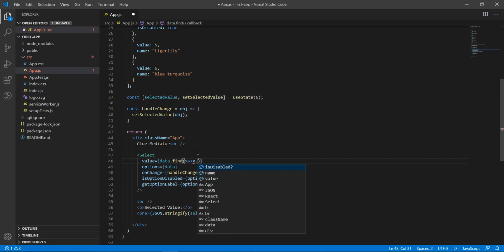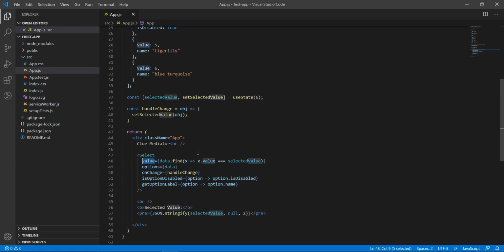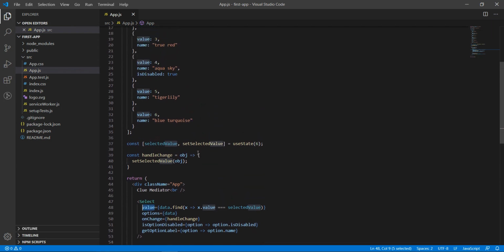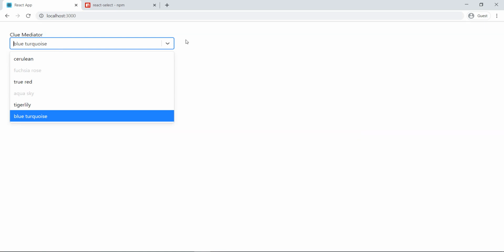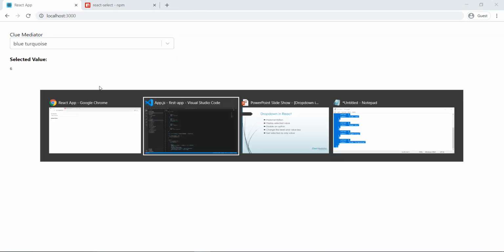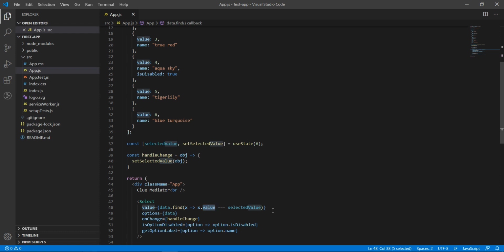It's so simple: we compare, and if the option's value equals the selected value, then find the object and return it as the value object. Let's check it. Okay, yes, it's 6 and it's coming. This is the first change that we need to make.